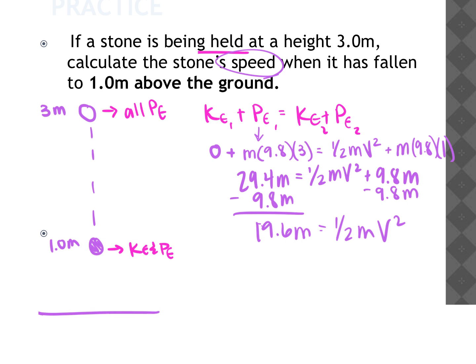So what can I do with my m? If I have an m on both sides of my equation, what can I do with it? Yeah, I just divide by m, which essentially cancels it, doesn't it? Right? It's like having an x on both sides, right? I can get rid of it. I can cancel it. So that's what I do. And so what I'm telling you here is that mass doesn't end up being a factor for problems like this. So I'm going to say 19.6 is equal to 1/2 v squared. So I'm going to take 19.6 divided by 1/2 and square root, and I get a value of 6.26 meters